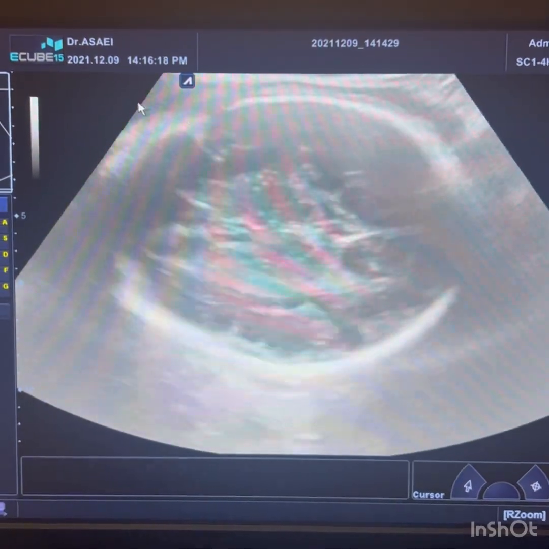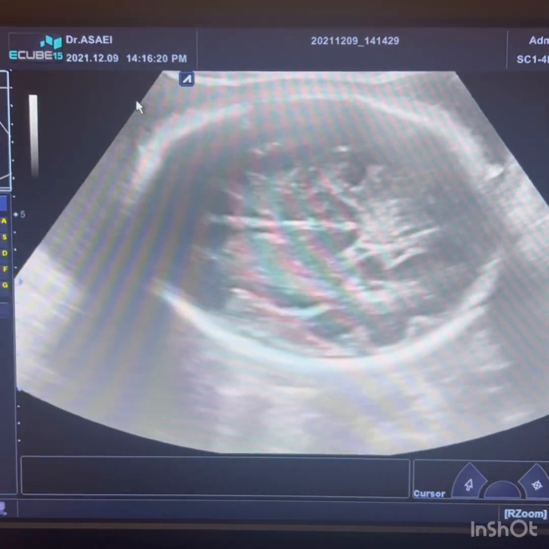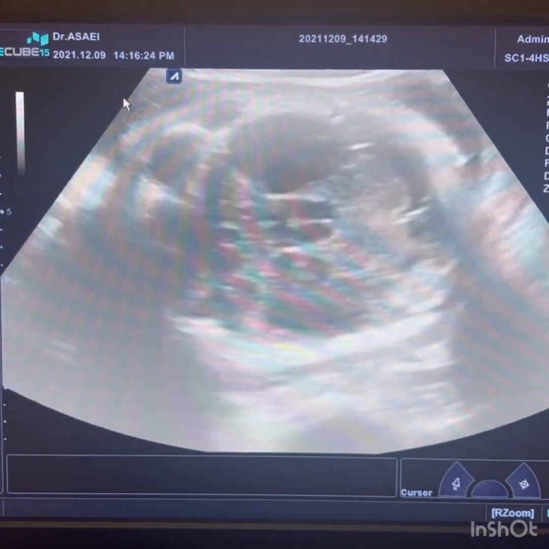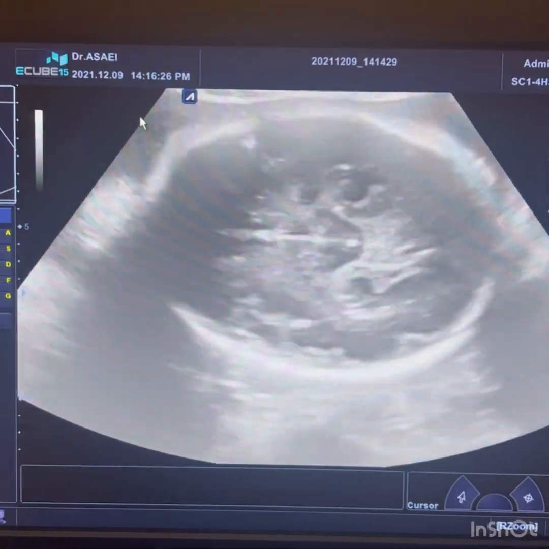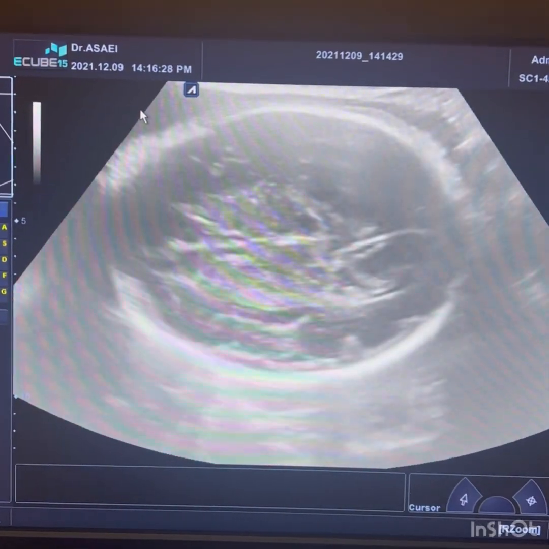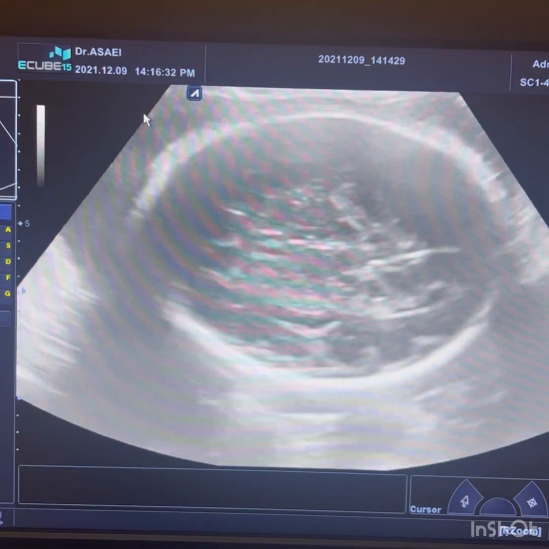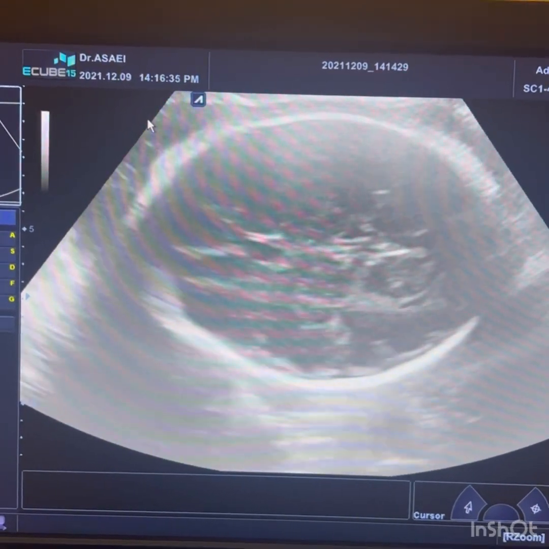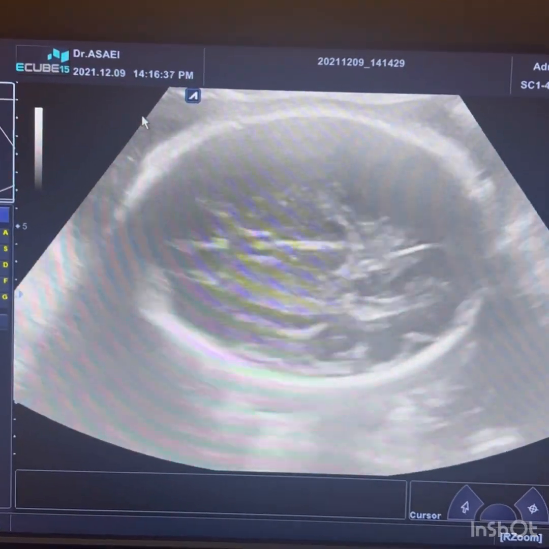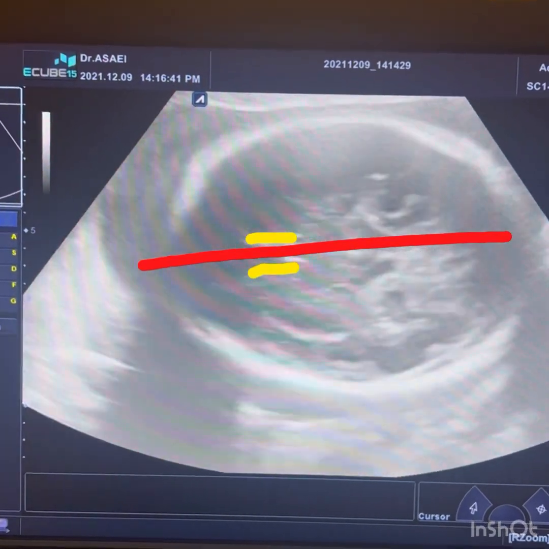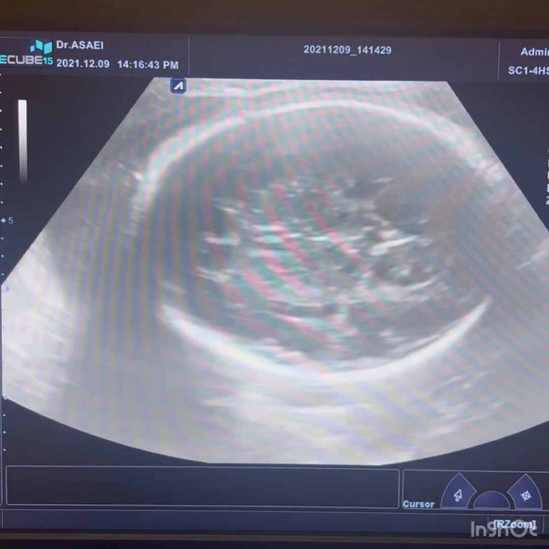First of all, it's important to find the normal plane for measurements of the biparietal diameter and occipitofrontal diameter. In a normal measurement, we should find the cavum septum pellucidum in 1/3 of the occipitofrontal line, and we should also